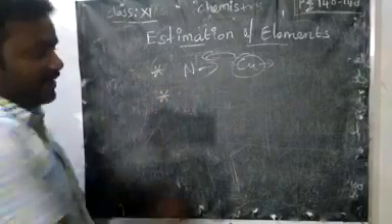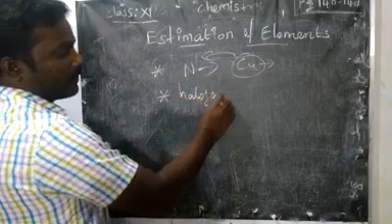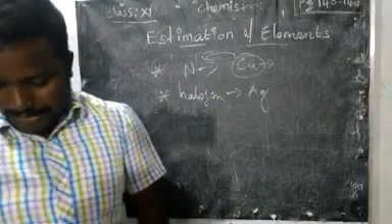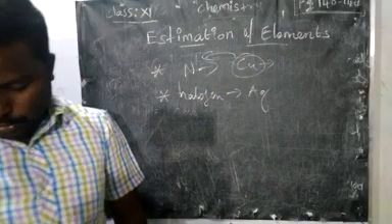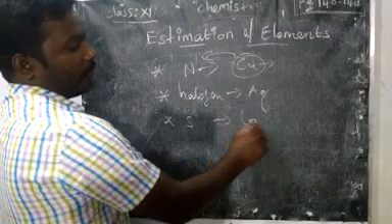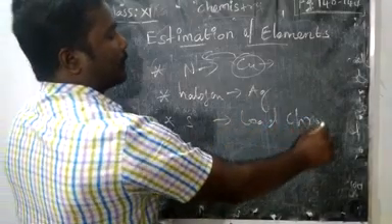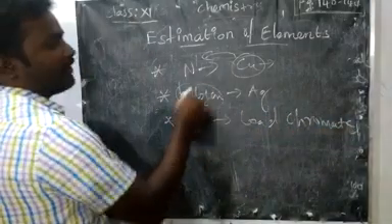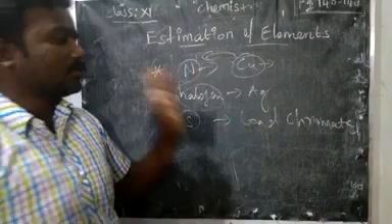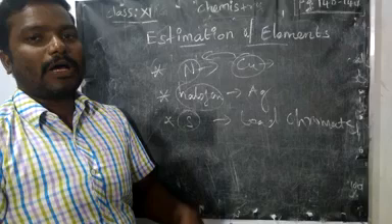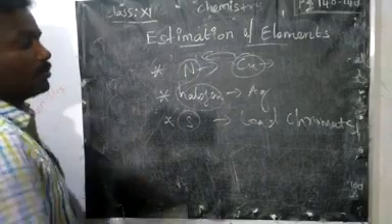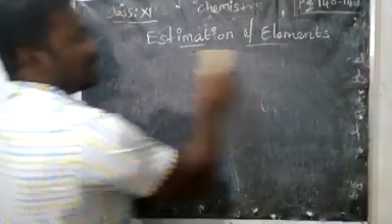In case halogens are present, you should use a spiral of silver. In case sulfur is present, you have to use lead chromate. Why are we using these? The interfering elements we should remove. Unknowingly, if you have them, they may affect the estimation of carbon and hydrogen. So we can use these chemicals to remove all those nitrogen, halogen and sulfur.